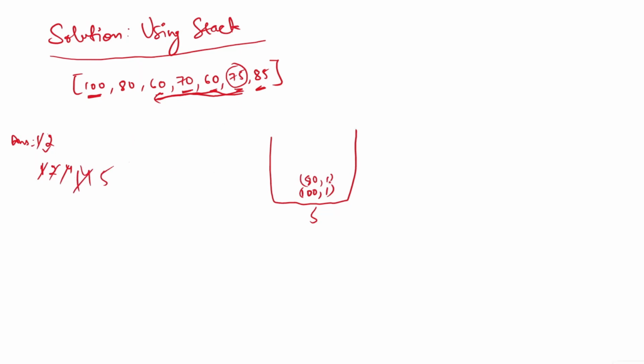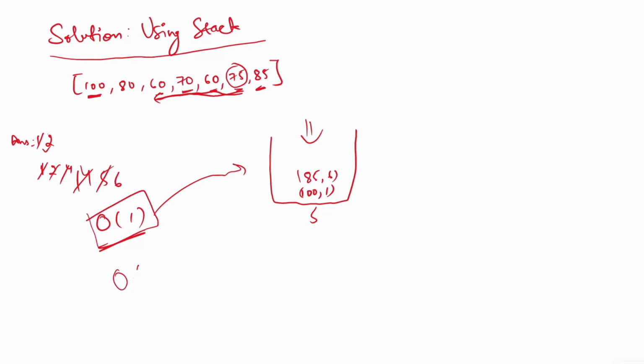Now 80 with 1. So 80 is also smaller than 85. So I will remove this, and I will mark it 6. And then is 100 smaller? No. So I will mark 85 as 6. This is how I return all the answers. What I am doing is just checking the top of the stack, and if it is smaller then I am removing it. So the overall time complexity of this solution will be amortized O of 1, and space complexity will be O of n, because we are storing it in our stack. So now let's check the code.